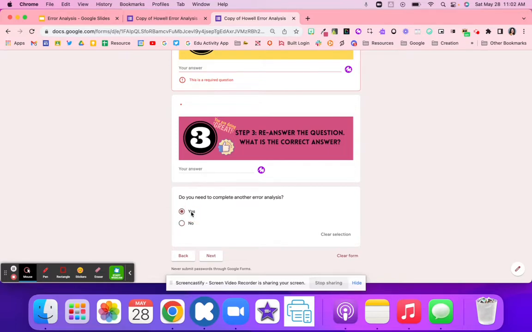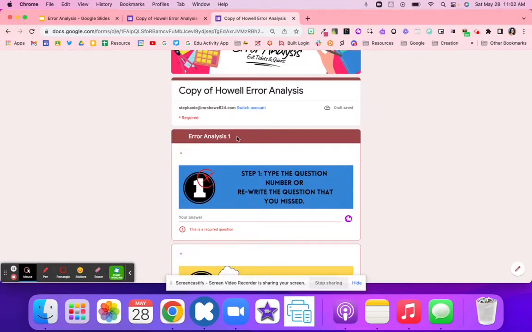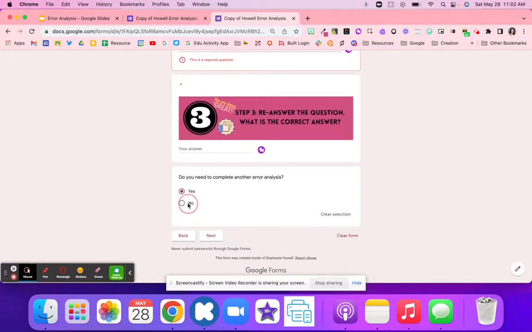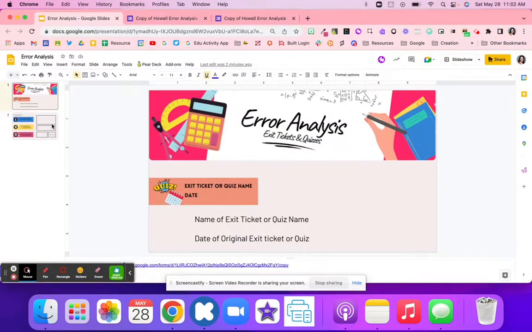If they click yes, it's going to take them to another form that looks just like this one, and it's going to say error analysis number 2. If they do not need to and they only missed one question, they're going to hit no and they'll submit the form. So just 2 different ways that you could have your students do this,